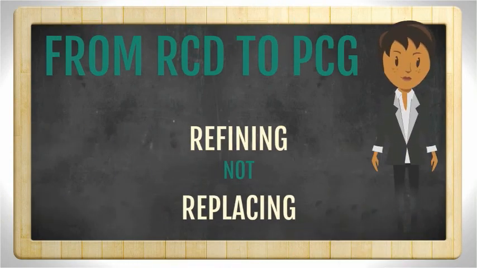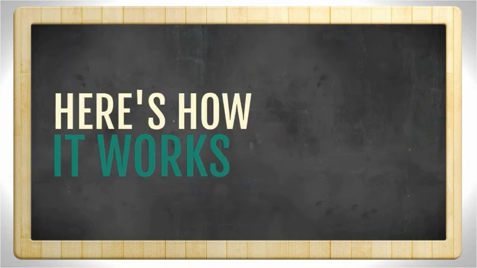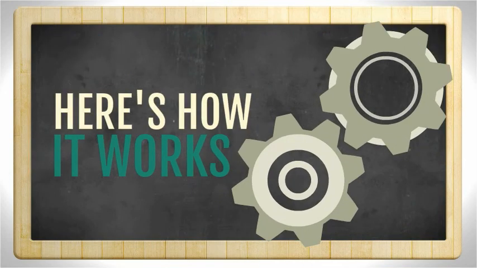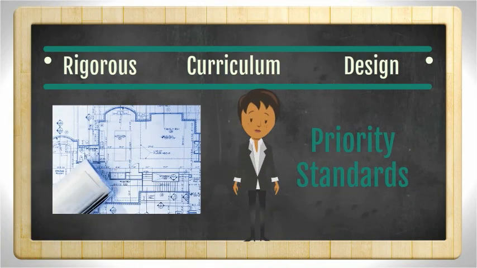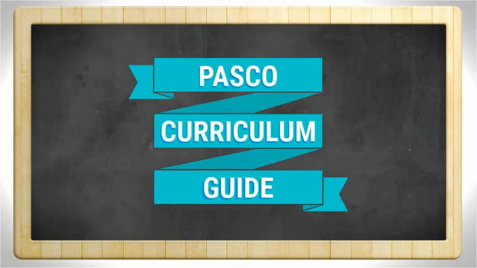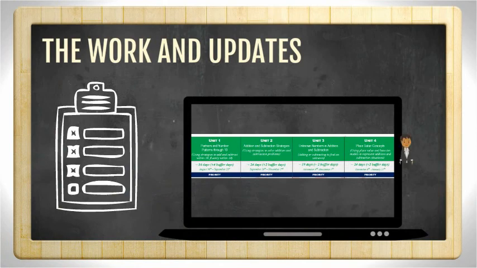From RCD to PCG, what does all this mean? Well, the rigorous curriculum design was the process from which the foundational blueprints of the priority standards emerged. And now the RCDs have transformed into our Math PCGs. Math PCG teams refine the work done around the priority standards, taking into consideration we now have 1 year under